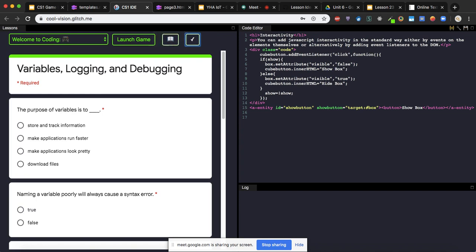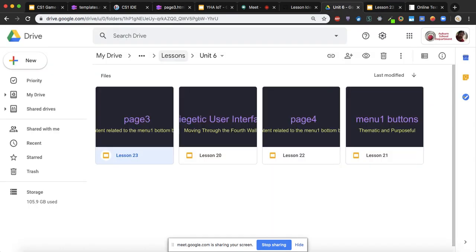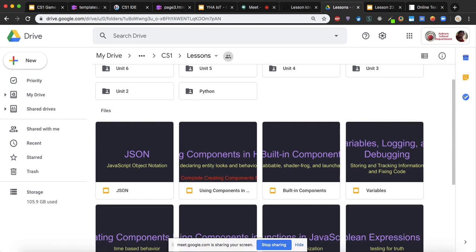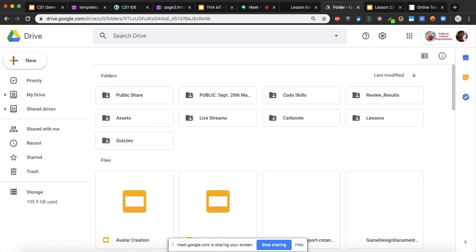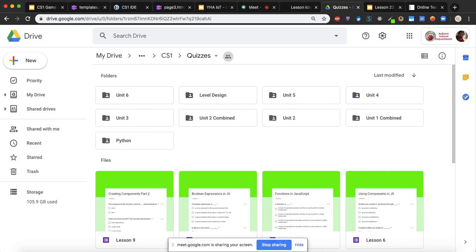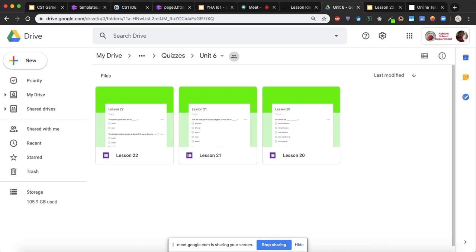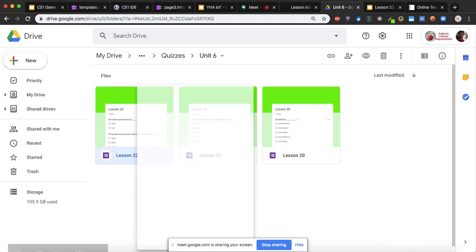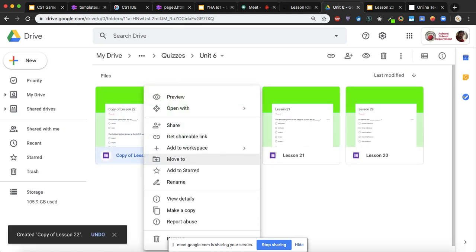Just trying to be thorough here. So this is the previous quiz. So what do I do now for quizzes? I usually organize my stuff in just Google Drive. If I go in here in the Google Drive, I kind of break out quizzes separately. I have my own reason for organizing my quizzes this way. If I go over here, Unit 6 says lesson 23. So I go over here and make a copy of this one. I go to my previous lesson usually and just copy it. That's the way I do it. And rename it